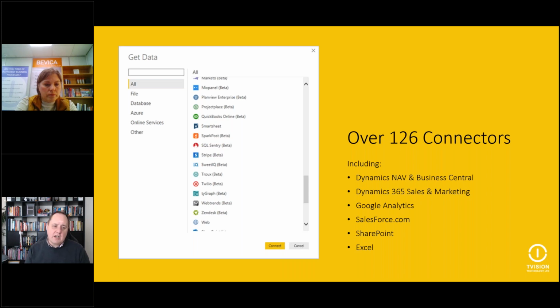It'll take care of itself, but they include connectors for NAV, Business Central, D365 Sales and Marketing, Google, Salesforce, SharePoint, Excel, really important, as even if we are using Power BI, I don't think it's practical for most businesses to say that they're just going to stop having Excel as a data source. And when we implement Power BI, we take a practical approach on that. It's not possible. So let's see how we get on.